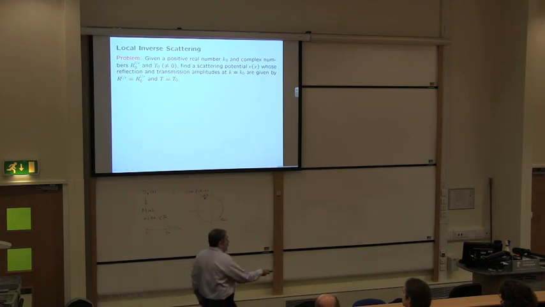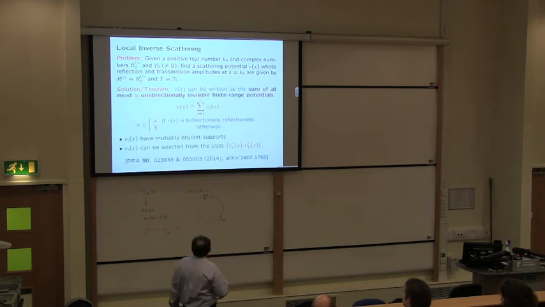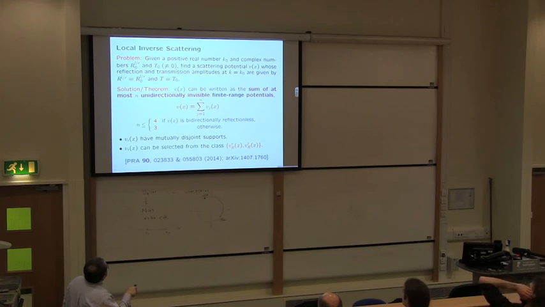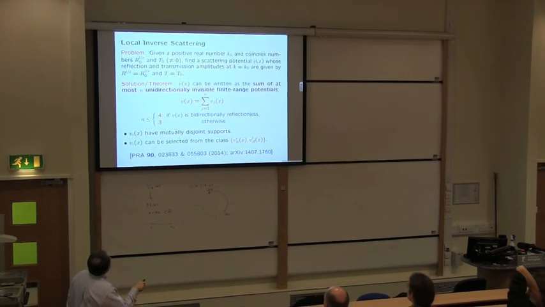And a simple and interesting solution is the following. You can explicitly construct such a potential which consists of at most 4 of these unidirectionally invisible potentials. So it's at most 4, so there will be V1, V2, V3, V4. All of them are